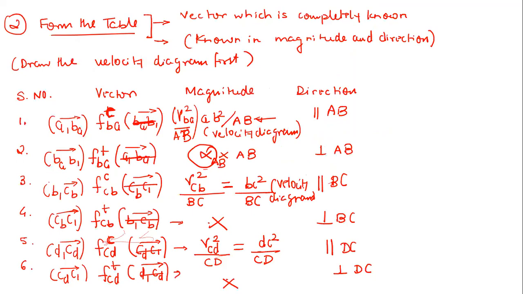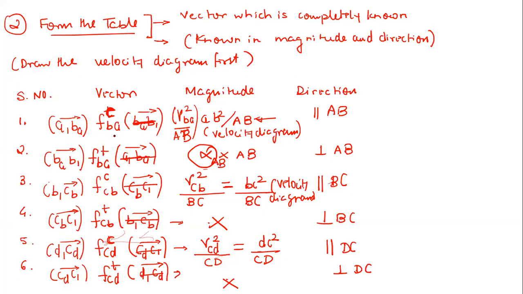The only thing you have to keep in mind is this table, and these notations. Sometimes these notations could be confusing. So remember this point: when you are talking of centripetal acceleration, it will always be directed towards B. So now this will be the A1 BA vector. Then only we can realize that it is directed from A towards B.